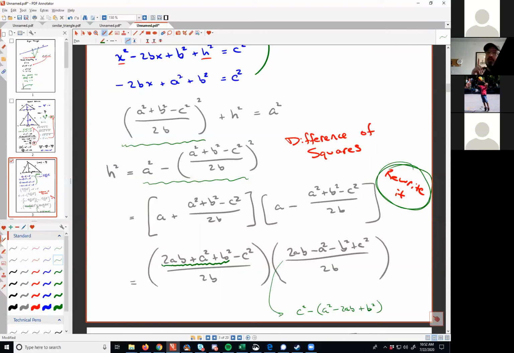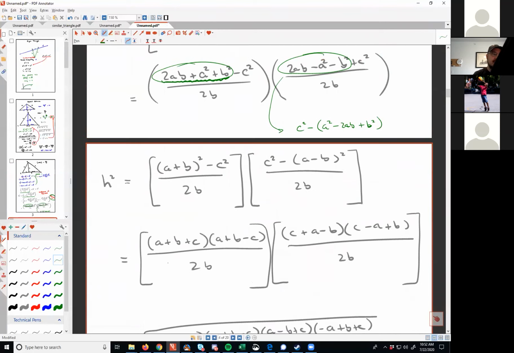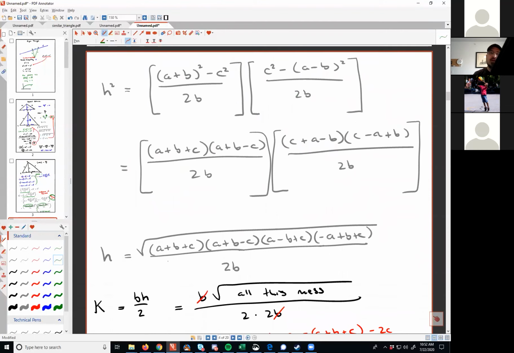And then the more practice you get, the more you will look at things like this and think, oh, those are all the terms in a perfect square trinomial. I've seen that before, so let's repackage and rewrite it that way. And then we have more differences of squares, and this time it's easier to see, right? The hardest part was getting started. This is easier to see, and now everything is written kind of like a sum of A, B, and C with some minus signs thrown in, and that's just the